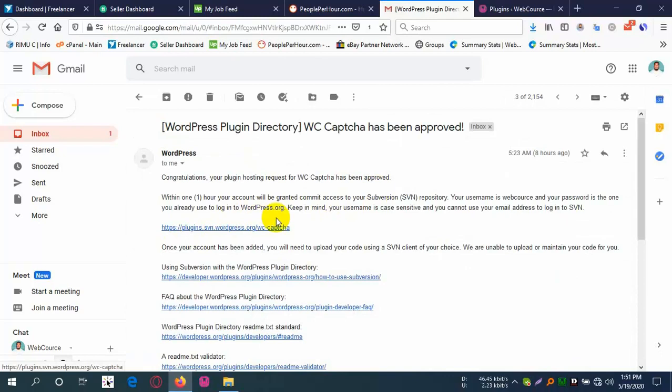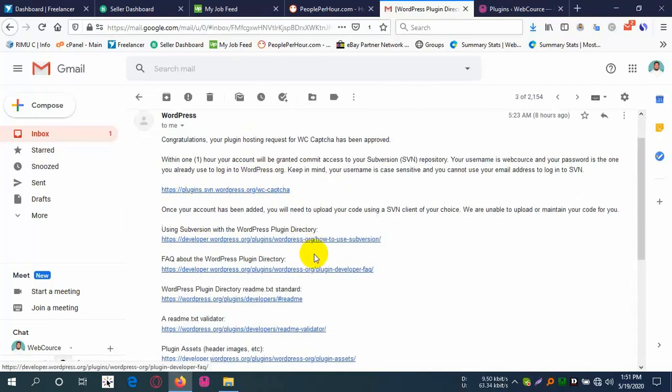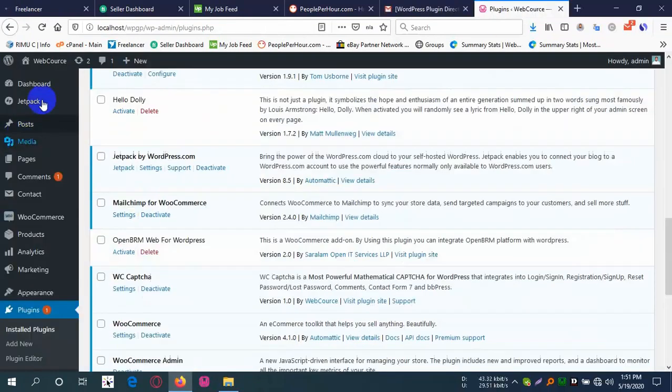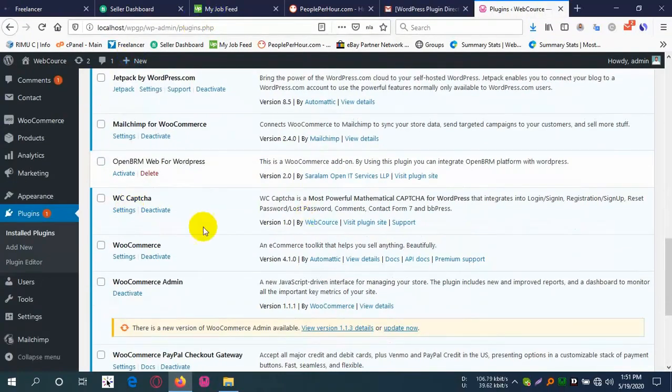They have sent me an SVN link and how to submit to the directory. So here I have installed my localhost. I have installed my WP Captcha. This is the Math Captcha plugin I have created, and